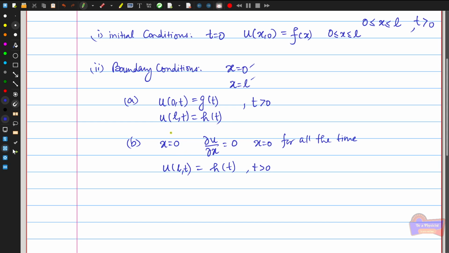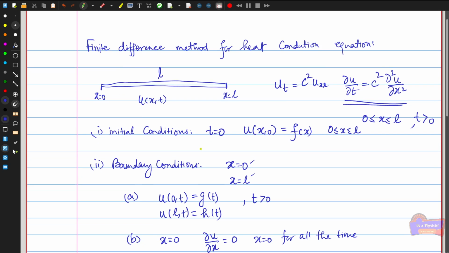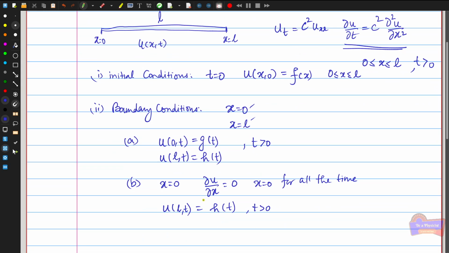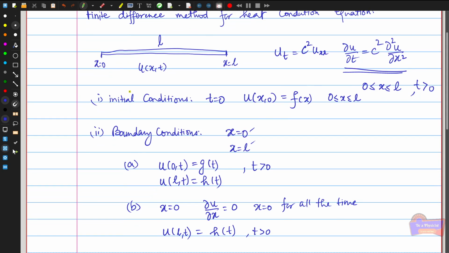Or you can just reverse it. You can insulate the point at x = L instead. You can insulate the rod so that this condition is interchanged for that kind of case. Okay. Therefore, if you look into the heat conduction equation, it may be an initial condition problem or a boundary value problem. Since both the initial conditions as well as the boundary conditions are given, you can